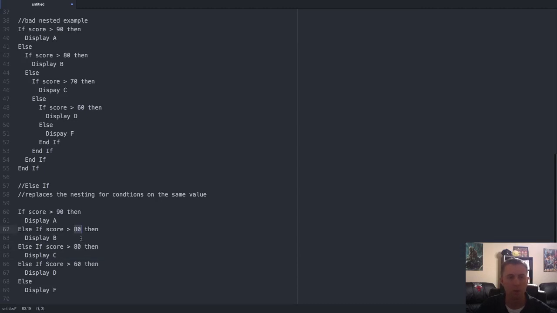So we want to make sure that we keep these in an organized manner as best we can. Same as we would have had up here, but we need to make sure that we are very careful with this. There's no reason you can't do it backwards from 60 on back up to 90, but you just need